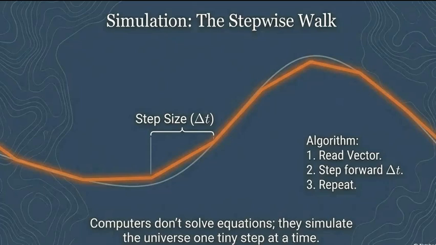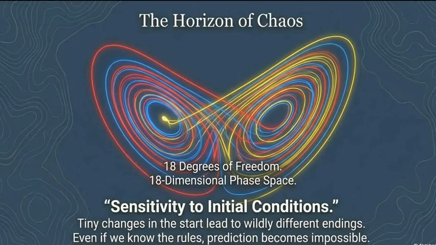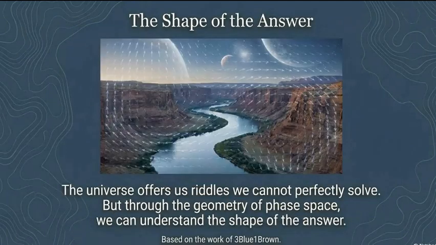James Gleick, who wrote the foundational book on chaos, called phase space one of the most powerful inventions of modern science. And after walking through all this, I think I finally get it. It lets us see the shape of the unpredictable. It lets us see the flow. And that is what I really hope you take away from this. We are so conditioned to think of math as answer equals 42. But differential equations teach us that the answer isn't a number. The answer is a trajectory.